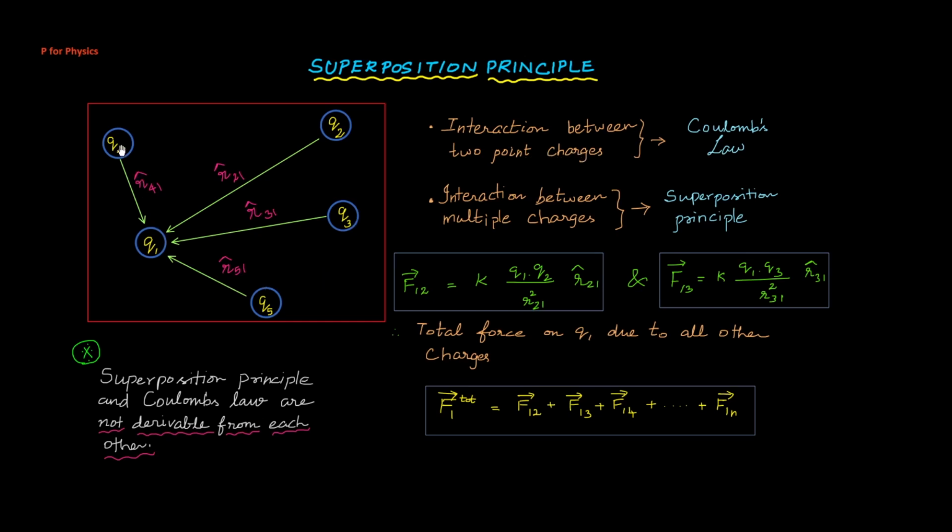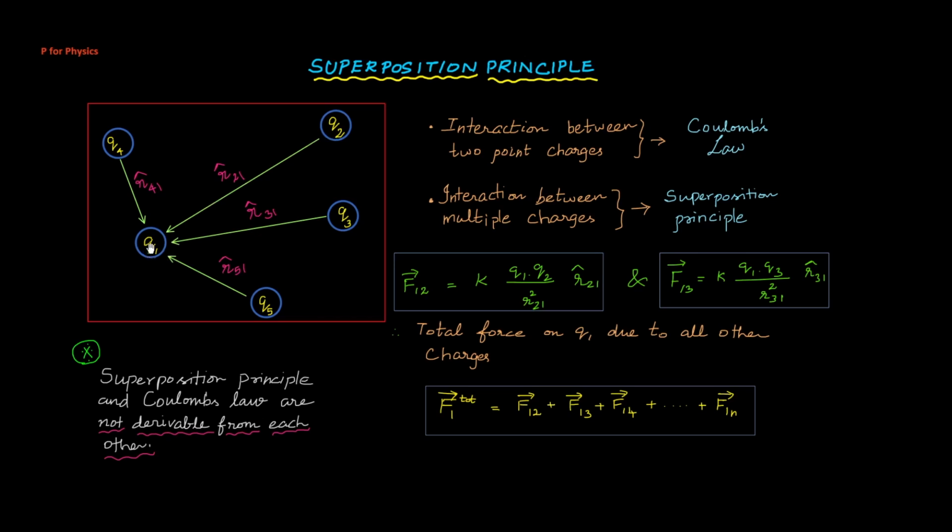Here by the side, I have given a small scenario, a diagrammatic representation of a situation where we consider one charge, let us call it Q1, which is surrounded by other charges Q2, Q3, Q4 and Q5. There could be n number of charges as well. For simplicity, we are choosing just 4 charges around Q1. They are placed at different positions in different directions, as you can see in the diagrammatic representation.